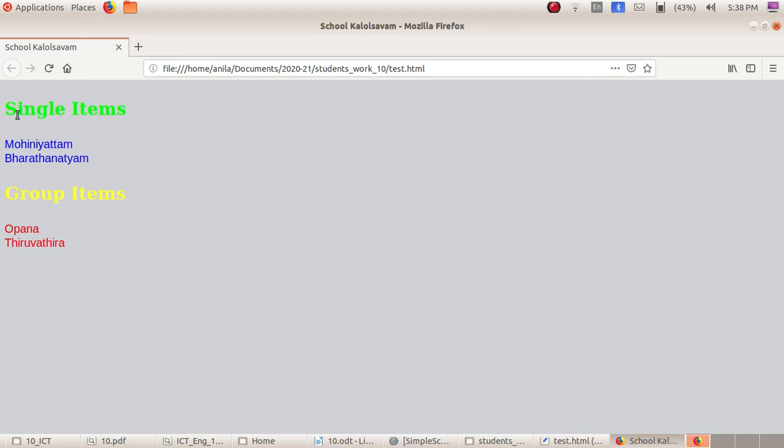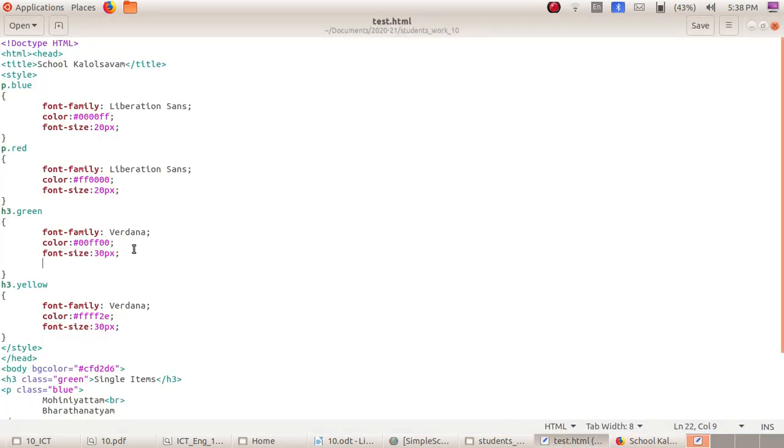In the same way, you can give the background color for the heading, for the single items and for group items. Let us see how we can give the background colors for headings. So this is the code for h3 dot green. We can give here background colon, then put a hash symbol, then FF0000.